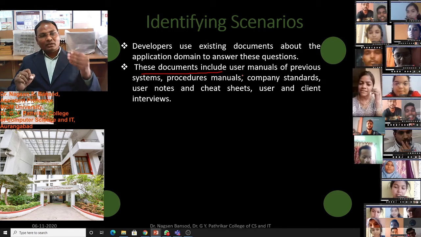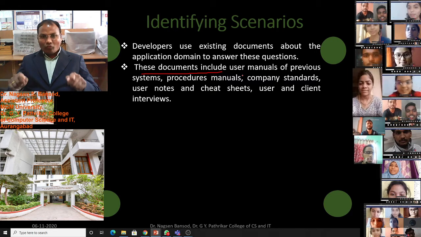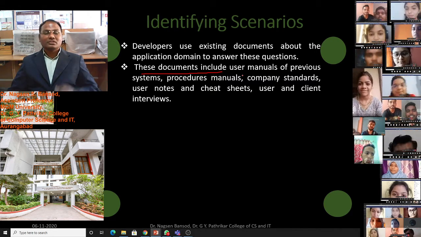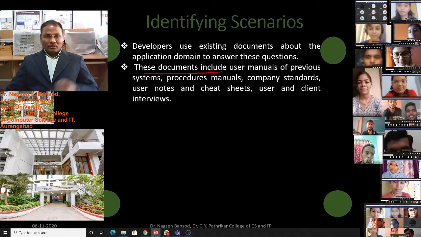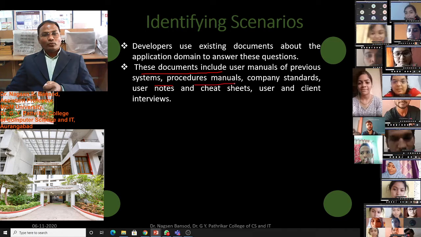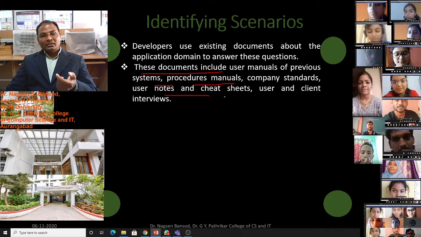There may be a document about the previous, existing software. We have to use that to answer such questions. These documents include user manuals, previous system, procedure manuals, company standards, user notes and cheat sheets,